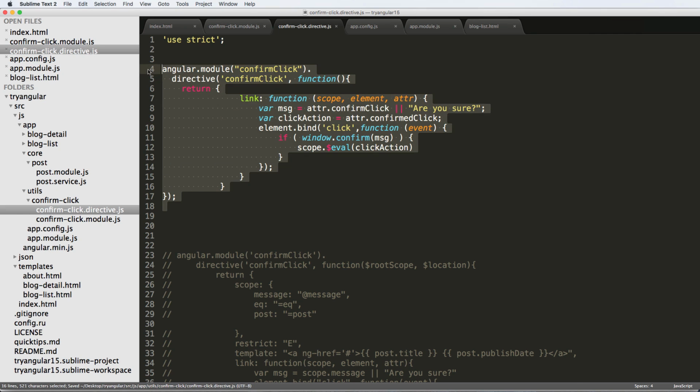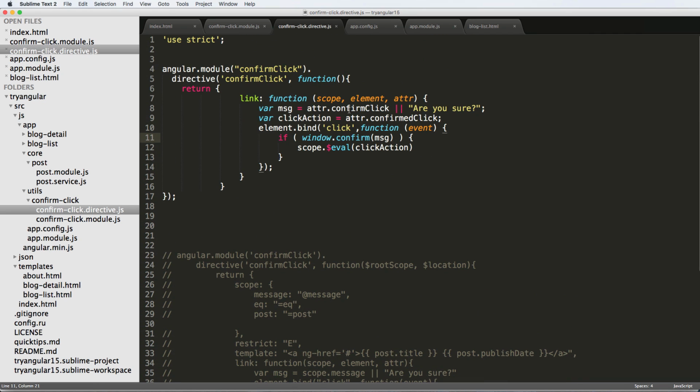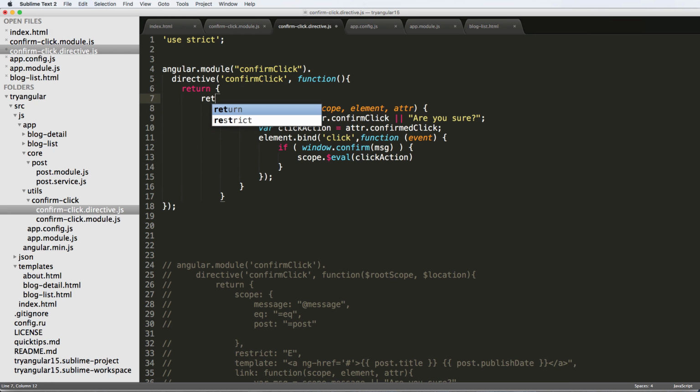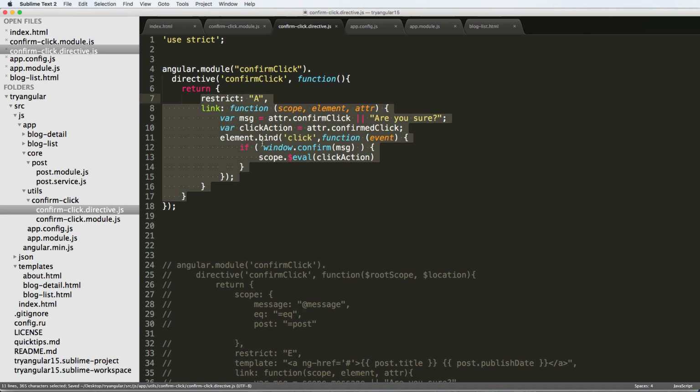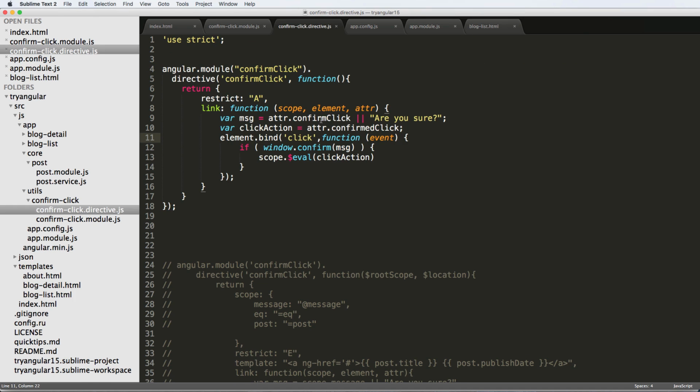This is a very simple directive. It is still confirm click. It's just slightly different from what we've seen before. So we have an attribute of confirm click. I do want to restrict it, so I'll say restrict, and I'm going to restrict it to A. Right, let's tab these back in. Okay, so I'm going to restrict it to A, and that means that it's going to have to go on something like this. And the attribute of confirm click, so this is going to be an attribute,